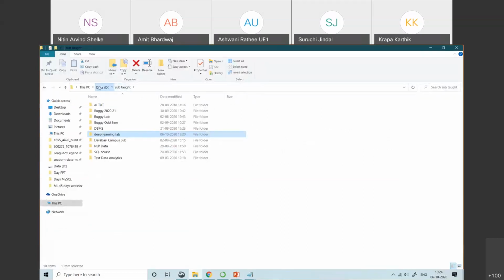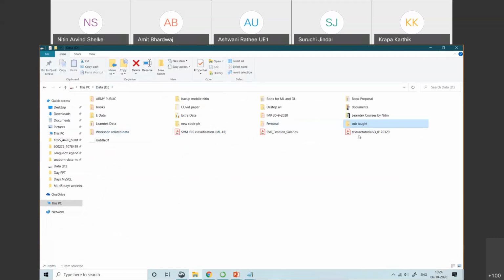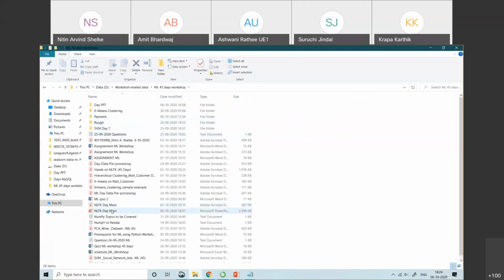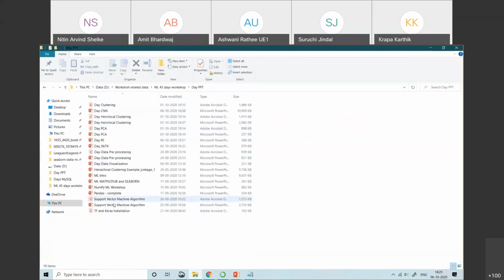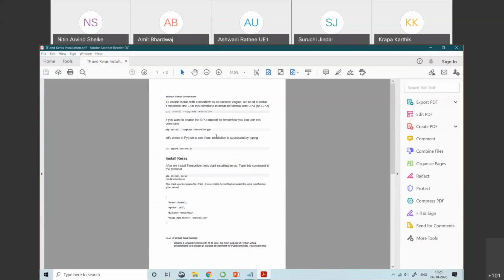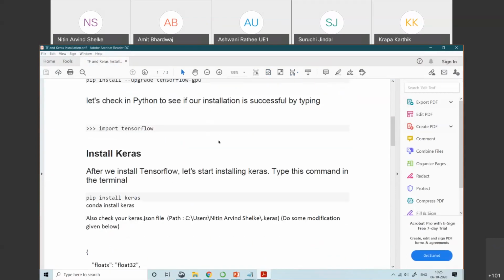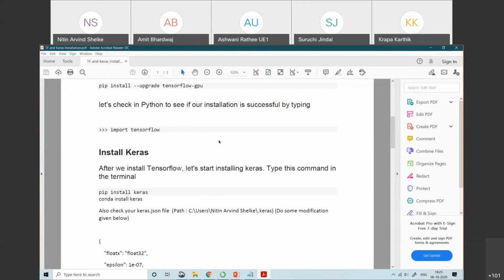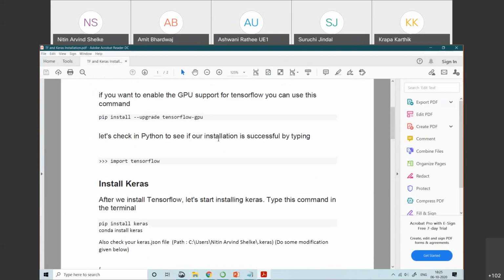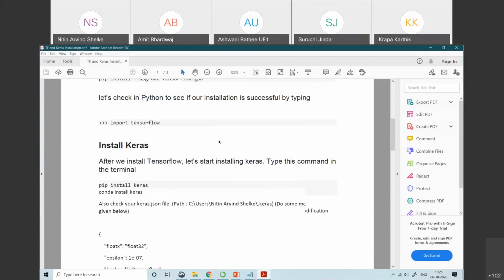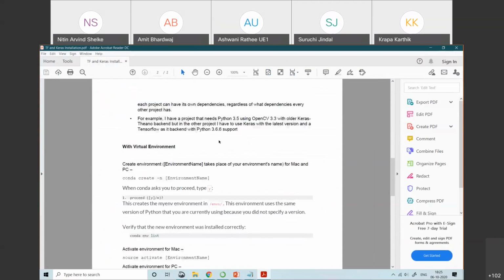I have one document there about TensorFlow and Keras installation. Once this is finished, when I send you the PPT, at that time I will send you this: how to create the virtual environment and how to install Keras and TensorFlow on your virtual environment.